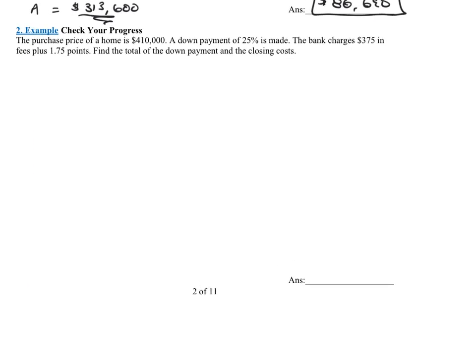It says the purchase price of a home is $410,000. A down payment of 25% is made. The bank charges $375 in fees plus 1.75 points. Find the total of the down payment and the closing costs. So again, the first thing I need to do is calculate that down payment. To calculate that down payment, I always do the price, which was $410,000, times the percent, which was 25%, as a decimal 0.25. That's giving me a total down payment of,